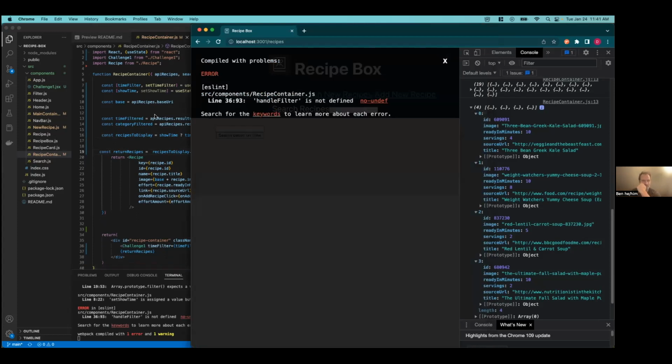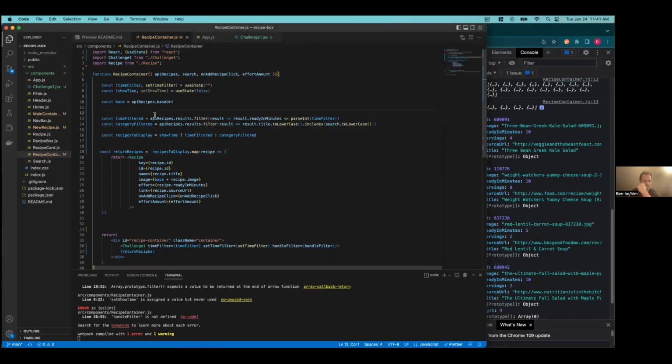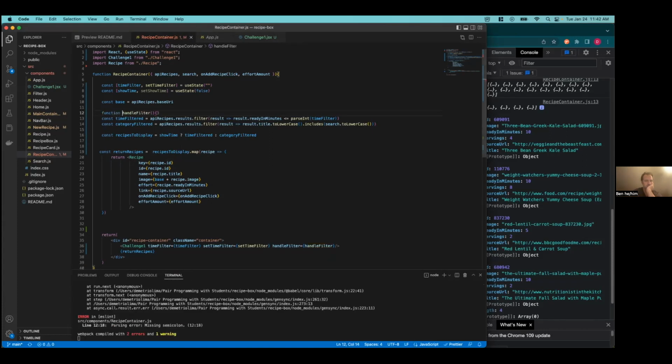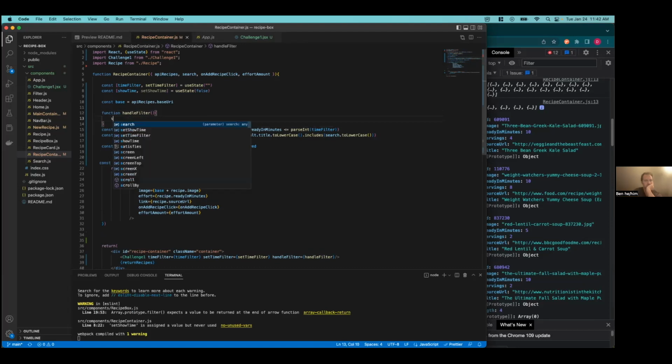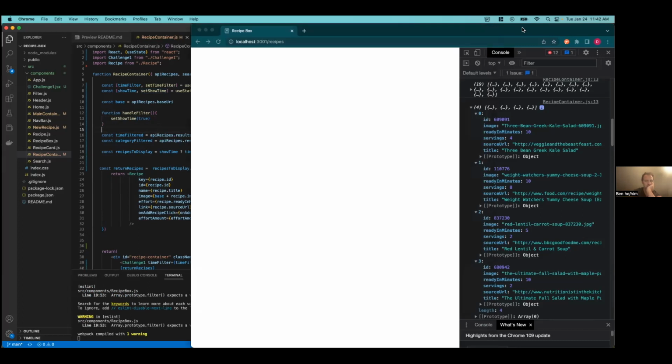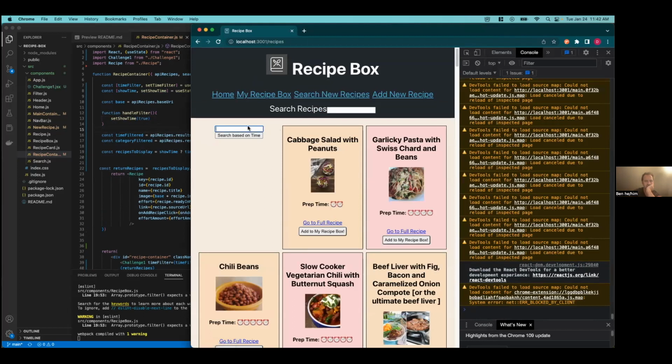And the filter is not defined. Yes. I did change that, didn't I? So the handle filter just has to do, okay, so the handle filter just needs to do set show time to true. And this is just preliminary. This is probably not going to be perfect, but it should get this piece done. So I'm going to do 40 minutes and,